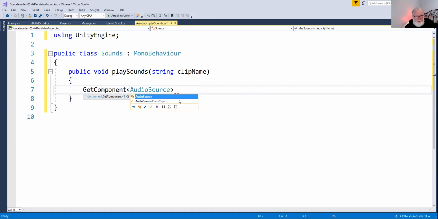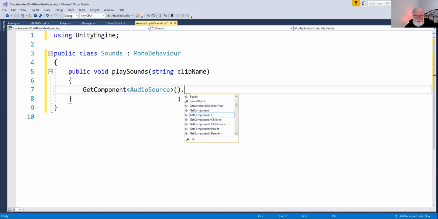Okay, now then go get that particular component, and that's the complete syntax for getting the component. Now then, what I want you to do is change the clip that you're going to play to be equal to, now this is why we used resources a minute ago. It is recognized when I use it right here. It knows what I'm talking about. Resources.load,